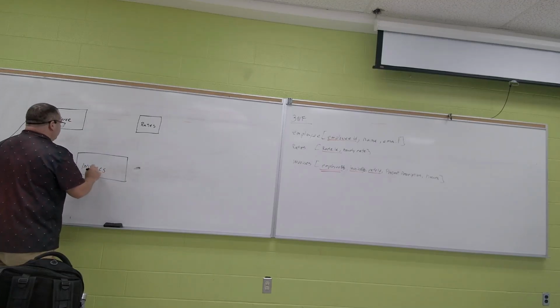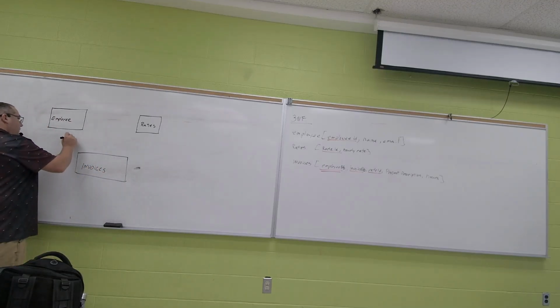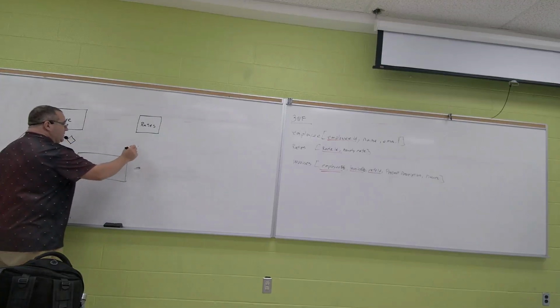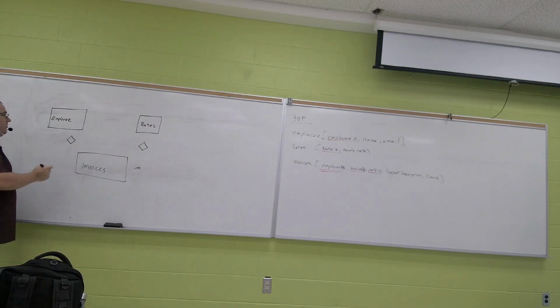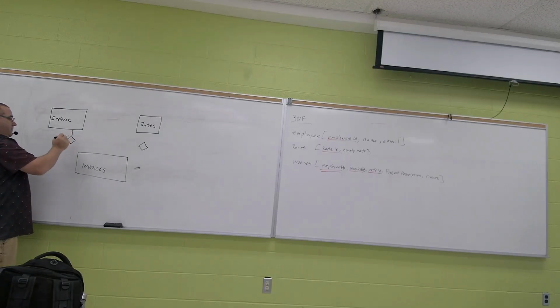Invoices. I really should space this out. Okay, from diagrams, from relationships. Because we already know what the relationships are, we're just going to draw them in. All right, an employee